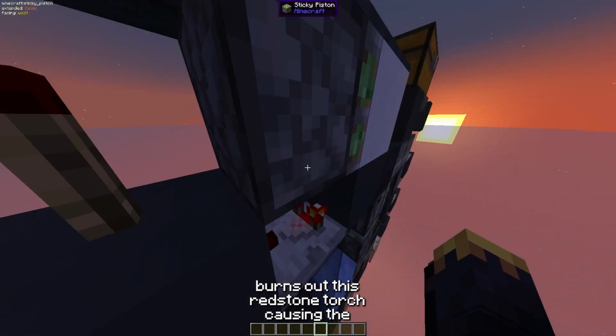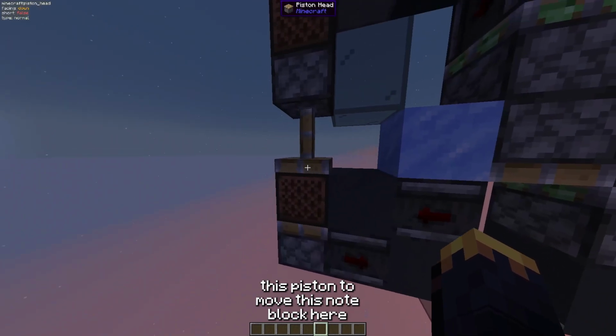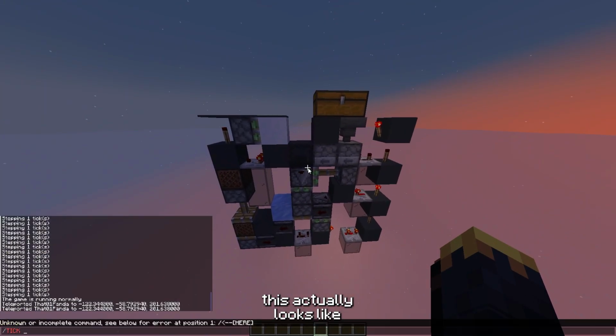burns out this redstone torch, causing the sticky piston to pull back, allowing the shulker box to be visible, and extends this piston to move this note block here, so the signal can be sent once again. So what this actually looks like